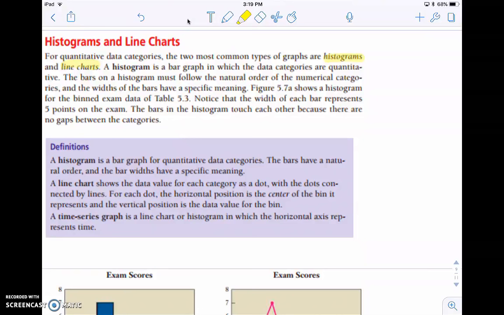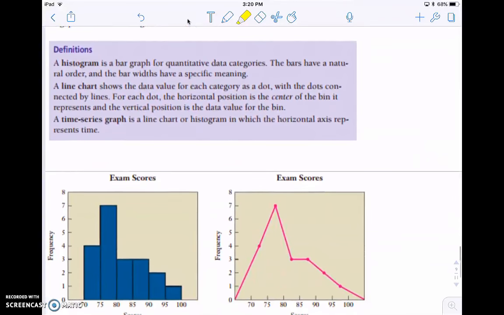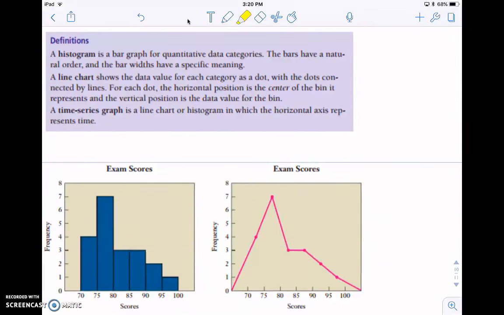And the widths of the bar have a specific meaning. In all of ours, we're going to try and keep the widths the same for simplicity. But we can look, here's an example of a frequency histogram. Okay, we notice we label the frequency on the left-hand side, the scores on the bottom, and we can see